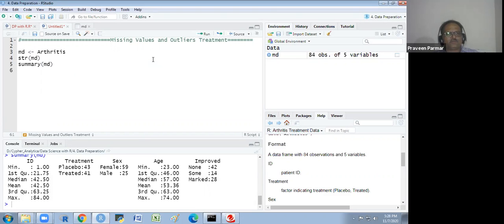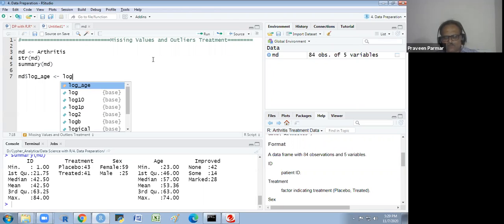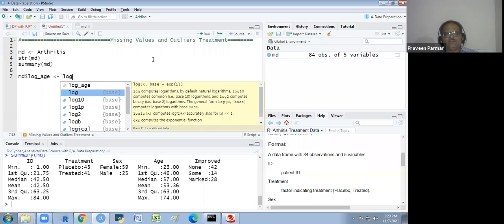So I write MD dollar. There is no such column yet, so I will write log underscore age. This is a new column, and I will just take the log. We have different logs: log base e, log base 10, log base 2.